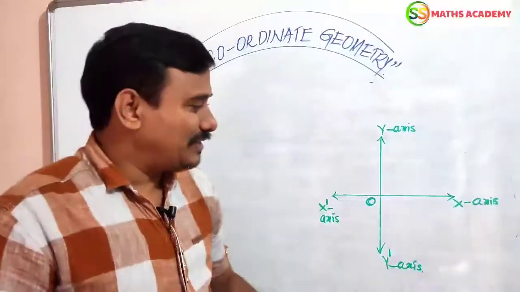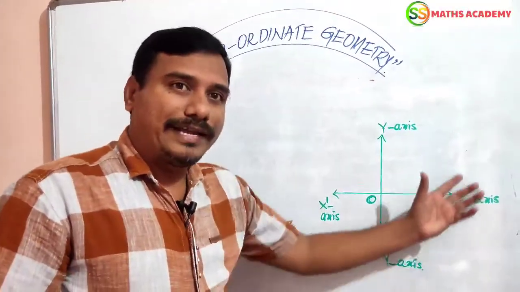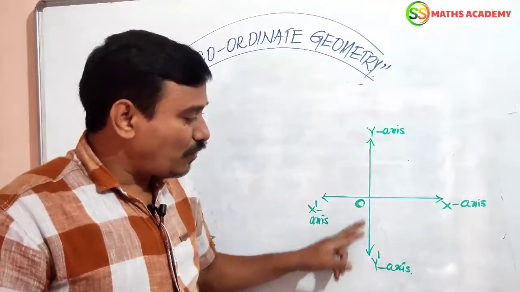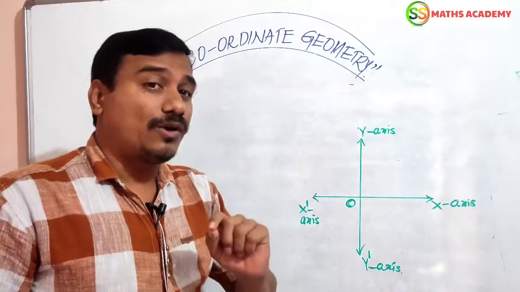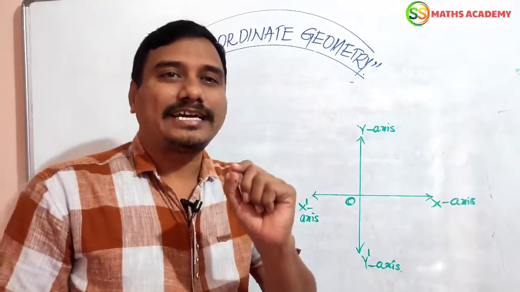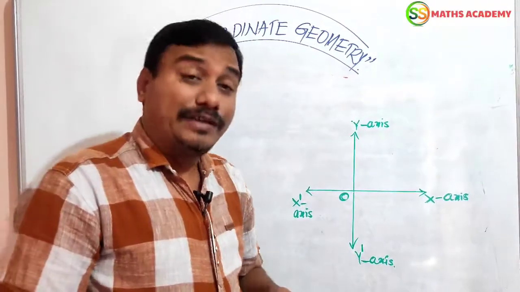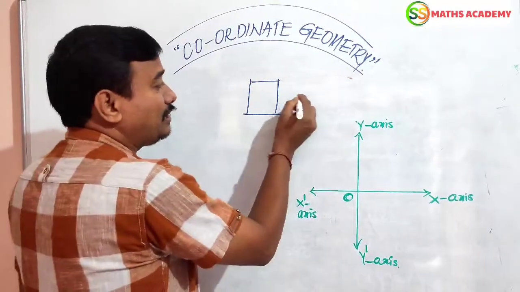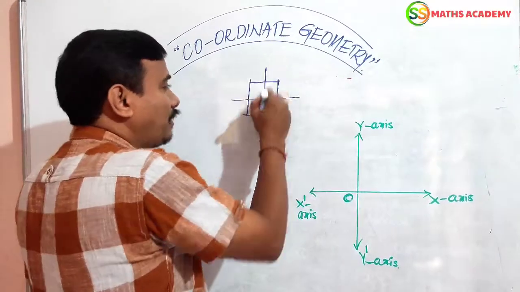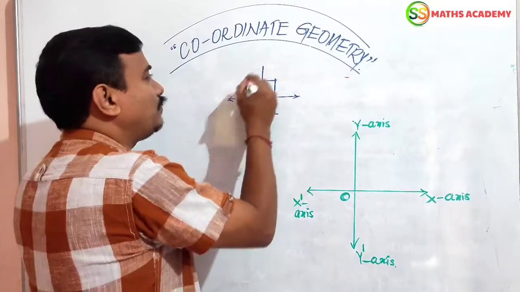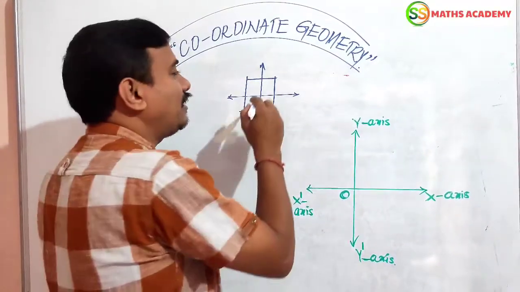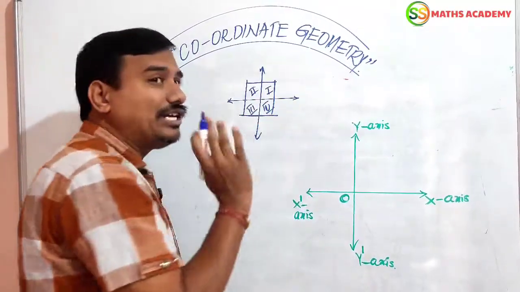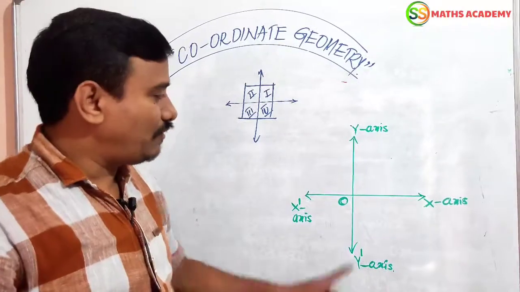Here you have to observe, it is a Cartesian plane. In that, xox dash and yoy dash, these two are called coordinate axes. These two coordinate axes will divide the plane. For example, the plane is like this. One horizontal line is passing through like this, one vertical line is passing through like this. These two mutually perpendicular coordinate axes will divide the plane into 4 equal parts.